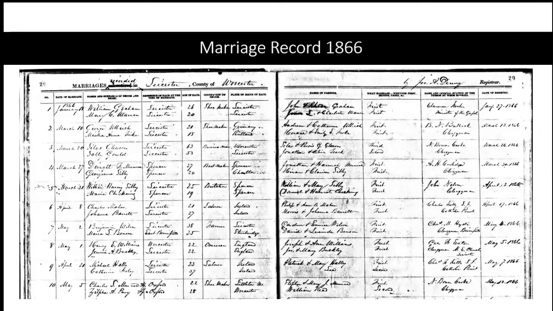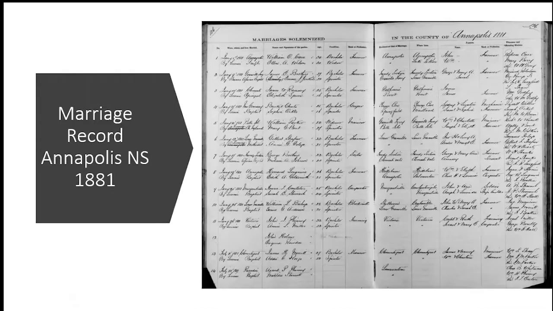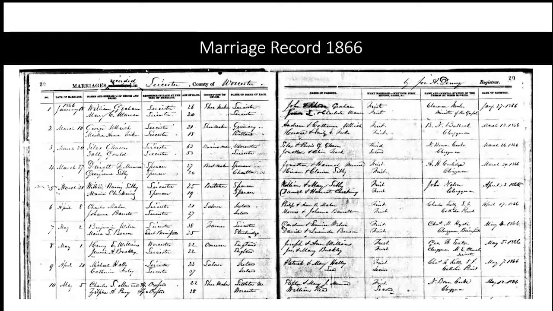Now, I'll show you a couple of things here. When you take a look at marriage records, particularly in years past, the records were obviously in books, and they, again, were hopefully neatly written. But again, it provides you a whole wealth of information. And again, this is from Worcester, Mass. And it gives you some insights in terms of the information. Let me back up here, I'm sorry. And again, it talks about the date, the names of the bride and groom. And again, their ages, their occupations, where they were born, their parents, where they were born, the officiating individual, and the actual date of the wedding itself.